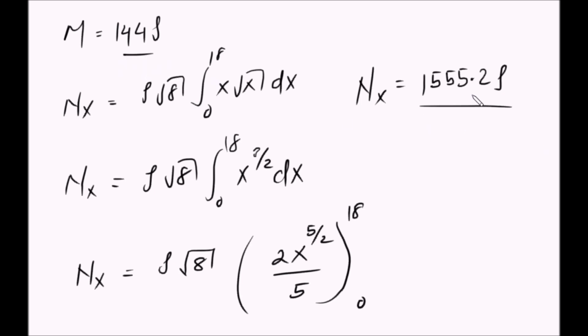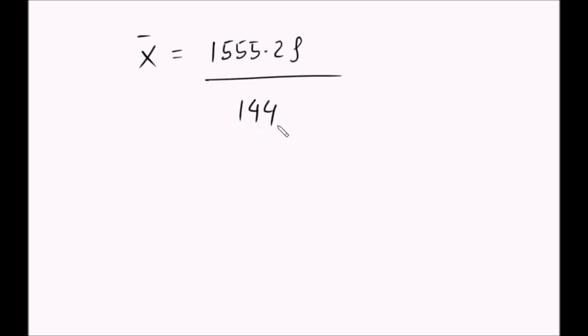So we have the mass and we have the x moment. So we can find the x coordinate of the center of mass. Manake sasa x coordinate of the center of mass itakuwa nichukue hiyo x moment nigawanye na mass. So density na density na kufa, nikichukua hii gawanya kwa hii nakuja kupata ni 10.8. So nitasema the center of mass